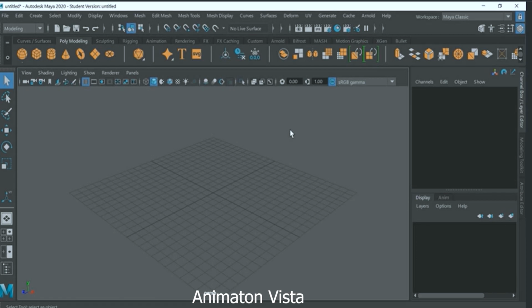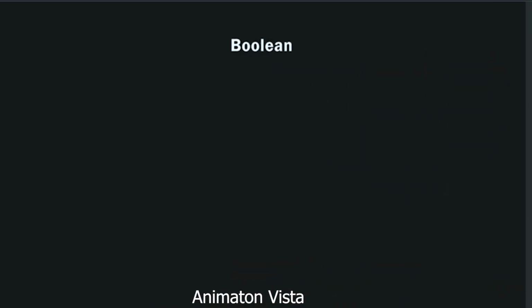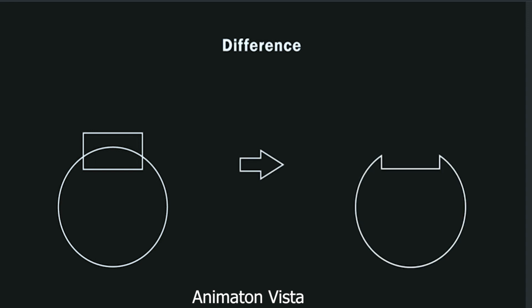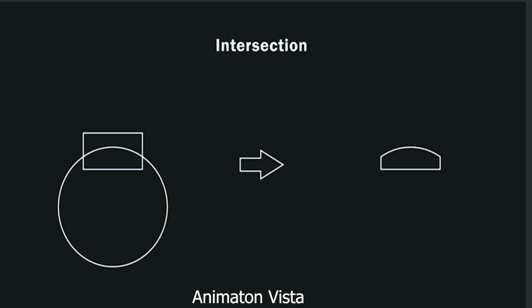Going to show you how to do Boolean between objects in Maya. Alright? So, what is Boolean? Boolean is actually a process in which we create a new object by doing union, difference, or intersection between the